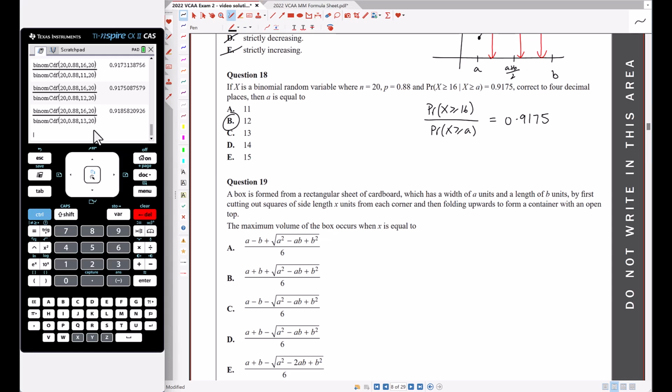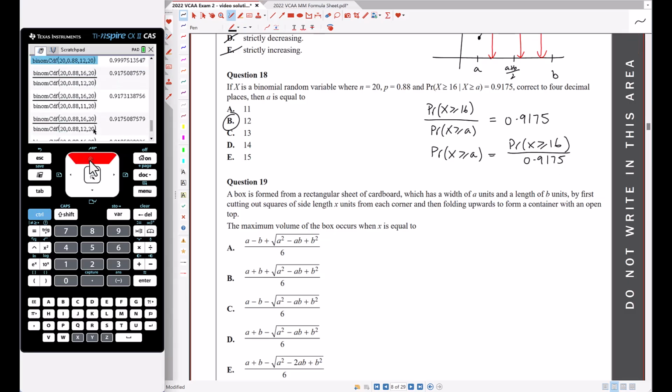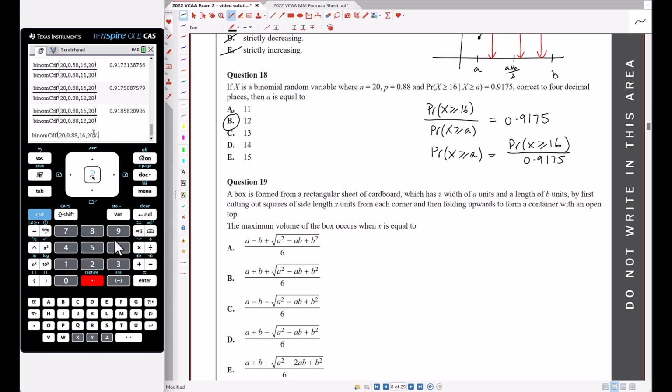Or at least work out the equation so that if we rearrange this, this is the probability that x is less than or equal to A. So it's going to be the probability x is less than or equal to 16 divided by 0.9175. Let's see if this gives us the right answer. The probability x is bigger than or equal to 16 is that, and if I divide that by 0.9175, I get that. So that is what my binomial probability needs to equal. So if I now see if I can solve that,